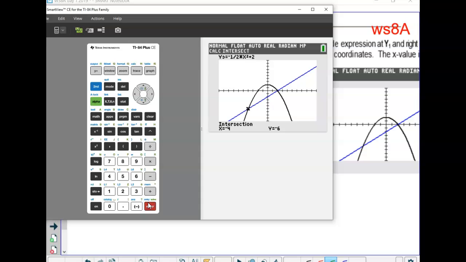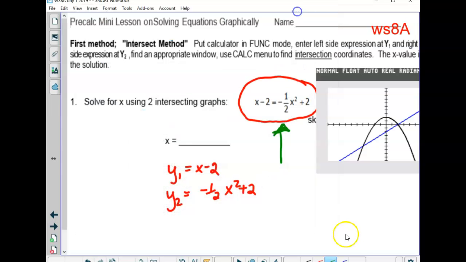And I got 4, negative 6. Anybody get those two? Okay, what do we write down though? Negative 4 and positive 2, only the x values. I got to tell you, I think that would have been faster to solve algebraically, but